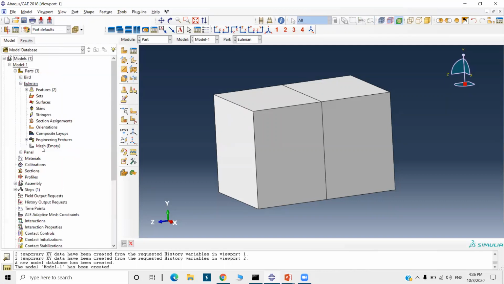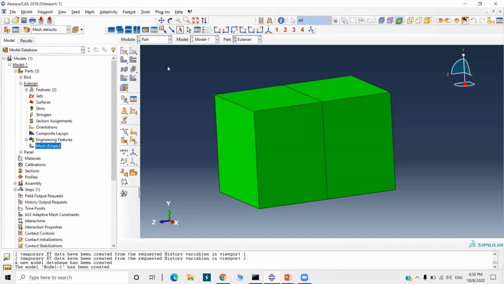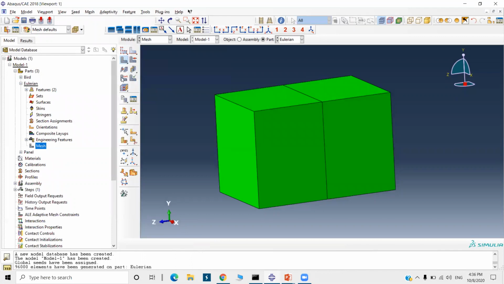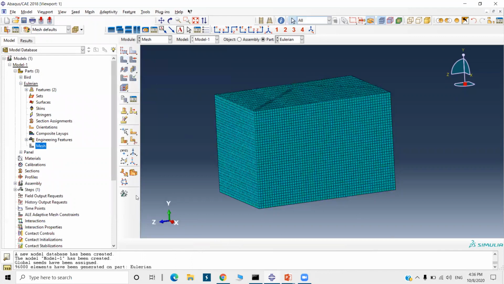Explore it, and you can mesh it here also. In the part model also you will find this mesh option. Double click on it, select the size 0.01, apply. Just mesh it. So we'll check the element type here. This is Eulerian, okay, correct.